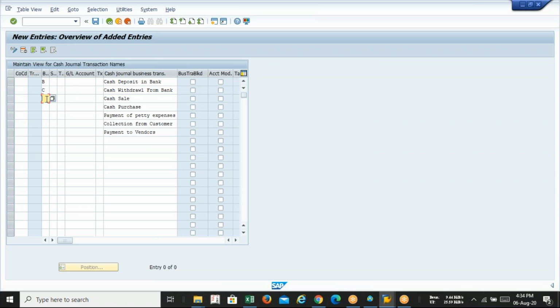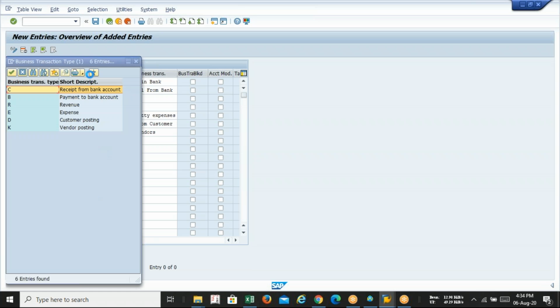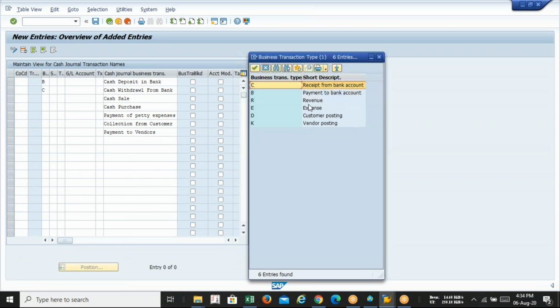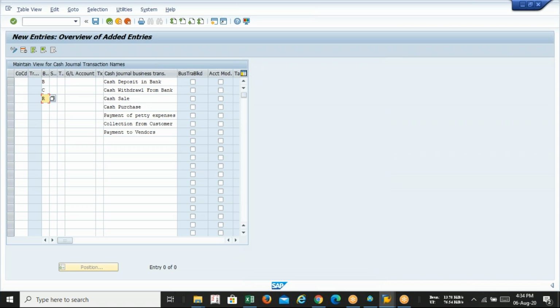Now cash sale. Can I say it's for my revenue? Cash sale is nothing but it is for my revenue. If I am selling something in cash, I'll be getting revenue, so that is my revenue transaction. Cash purchase will be my expenses transaction.